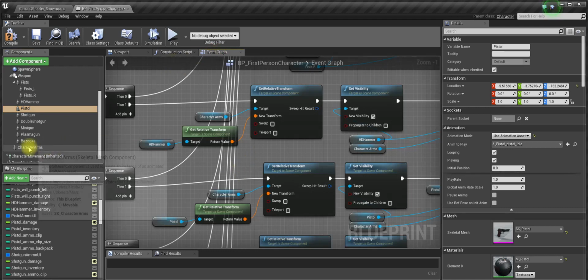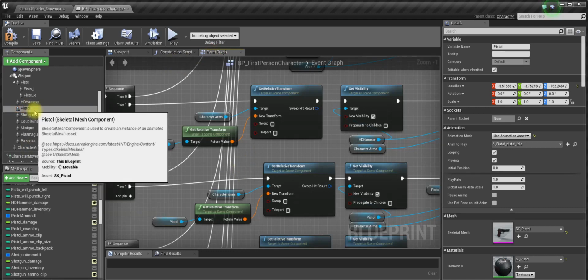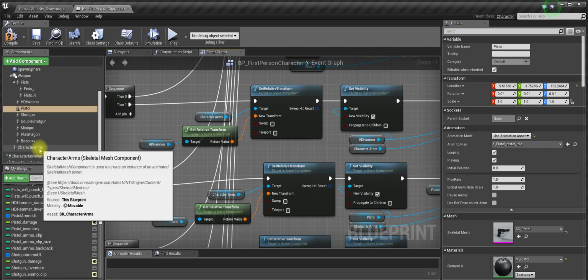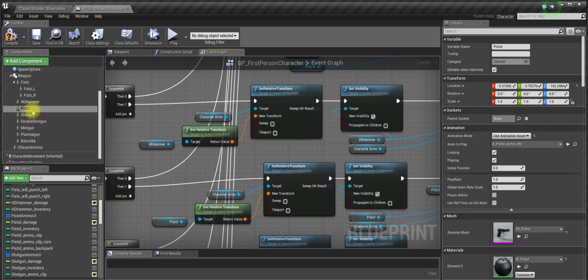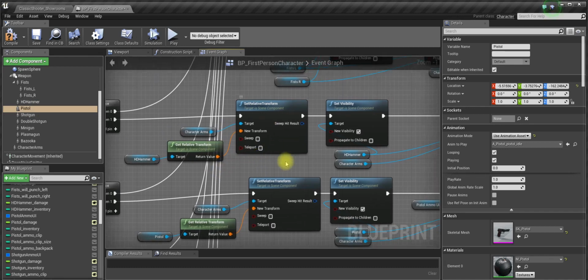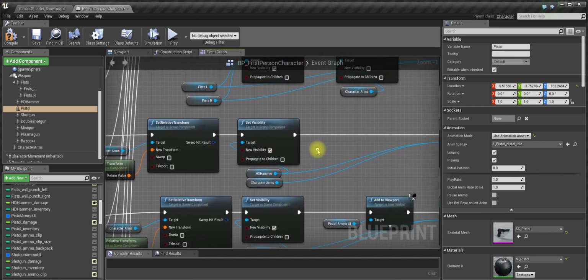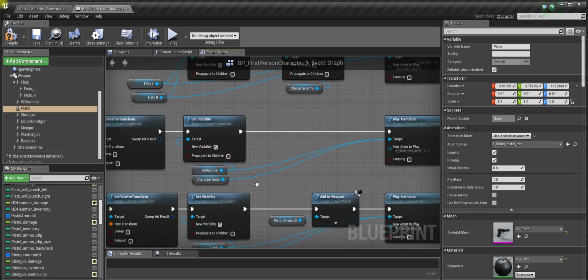And to have the location of our arms match the weapon, we have this part. And then we set the visibility for the weapon to visible, so our weapon becomes visible, and